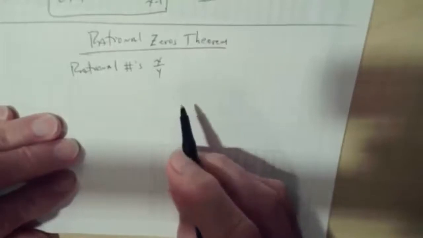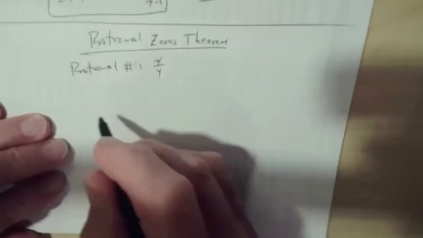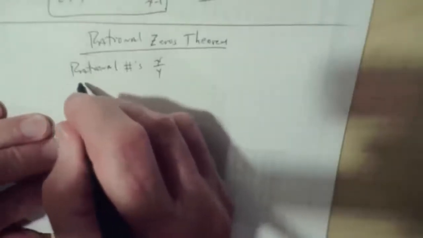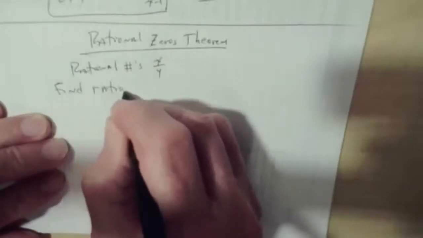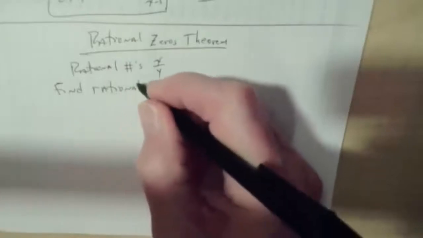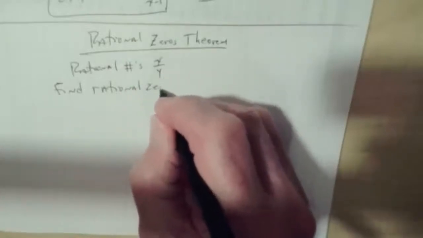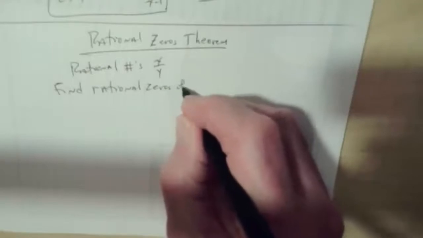Now, to find the rational zeros of a polynomial, to find rational zeros of factors,